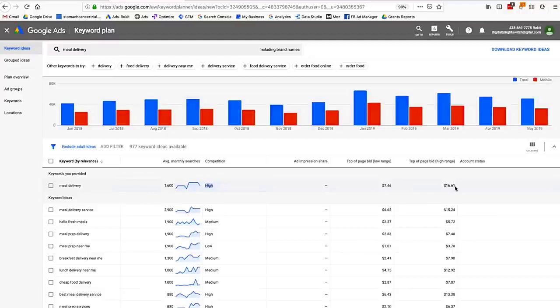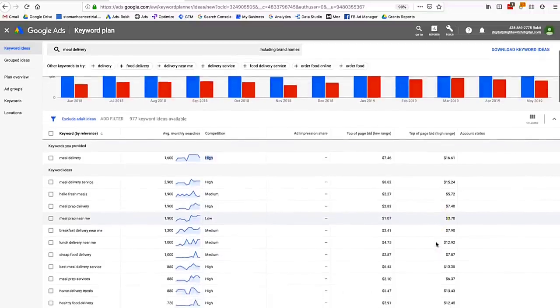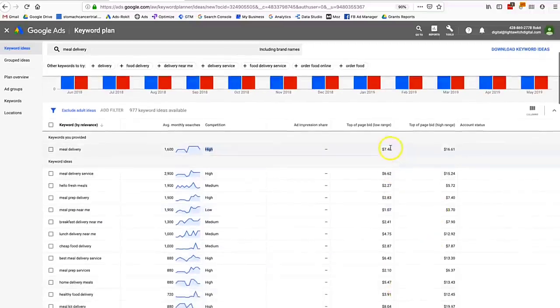keyword, I know it's competitive because not only is Google telling me it's competitive by telling me high competition, but I know that the cost per click seems a little bit high. And what is a little bit high? Well, I can see some other keywords here that are $1 to $3. Okay, I could see some other ones that are even lower than the $7 they're suggesting. So that's an indication